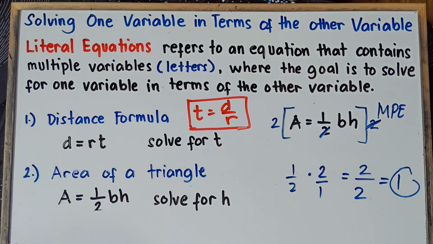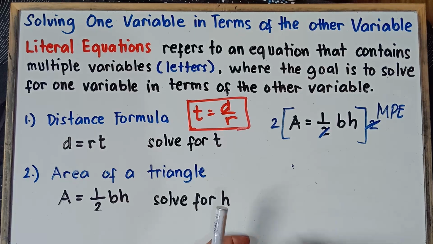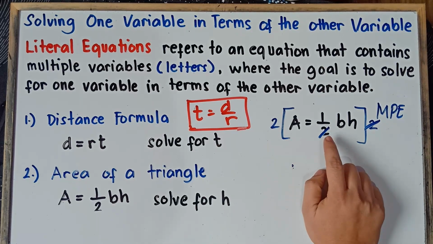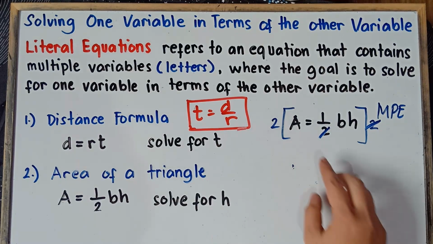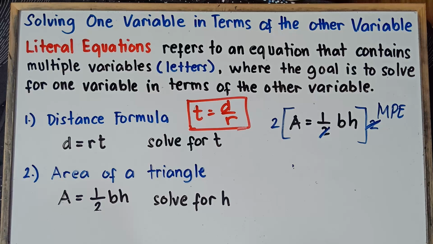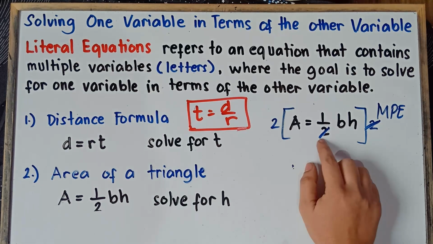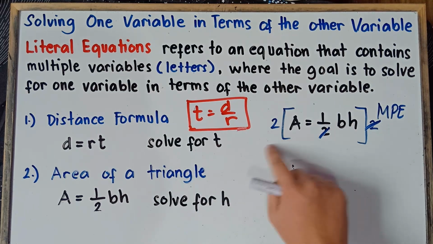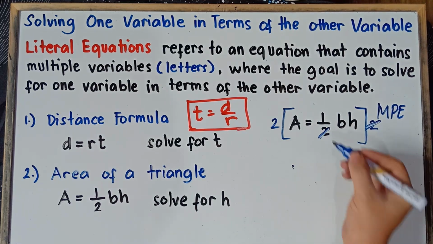Once again, class, you'll be asking questions: Sir, why do we need to multiply both sides by 2? So that we can cancel this out, because it would be really confusing if you're dealing with fractions. If you're dealing with fractions, you need to eliminate the denominator. To eliminate the denominator, simply multiply both sides by 2, because we can just cancel this out.